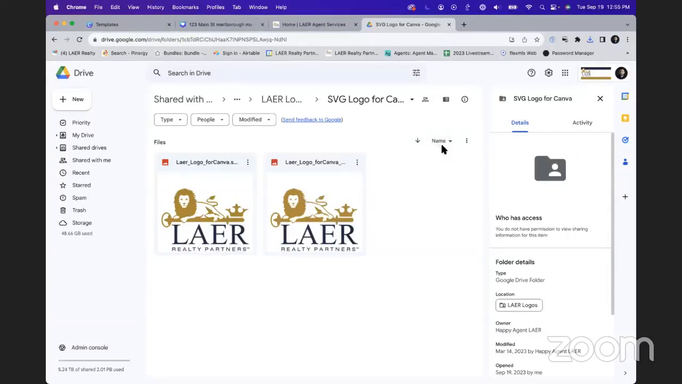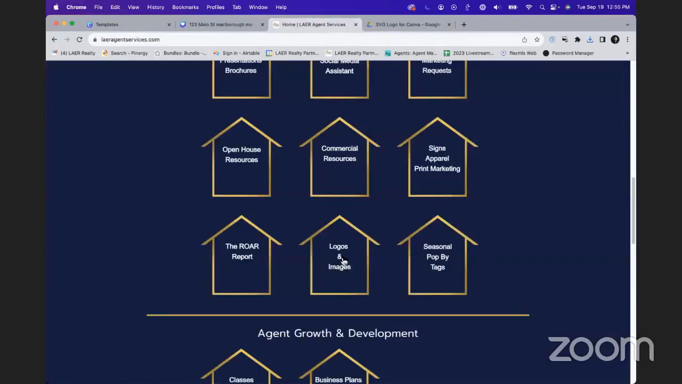This is a vector file, so it comes in handy with Canva because since it's a vector file, you can resize it, you can make it big or small, and it won't lose fidelity. This is different than uploading a JPEG of your image, which might lose fidelity if you blow it up too large. It also has a transparency, so you don't have to take off the background. So if you upload a JPEG image, it might have a white background, and that will show up everywhere. So that's why we try to use these SVG logos for Canva, which again is located under LAER Agent Services,